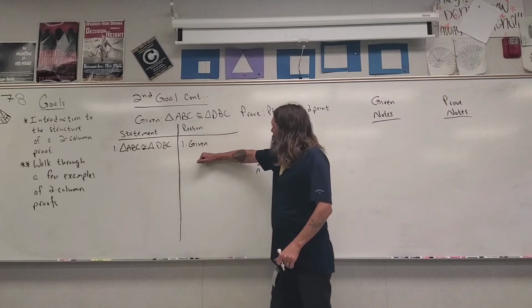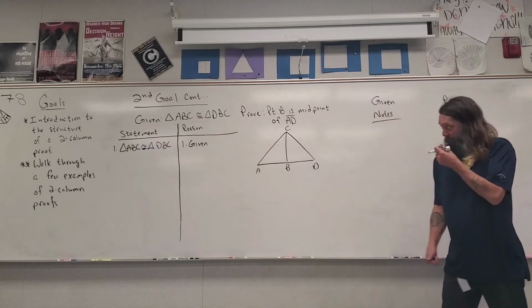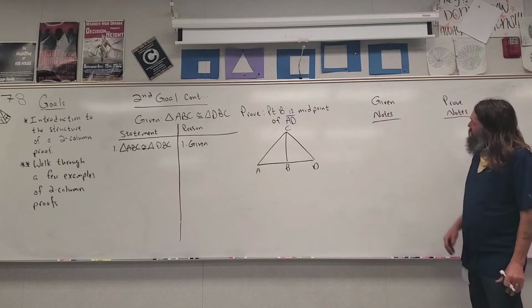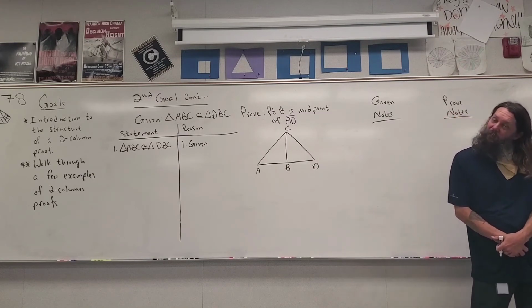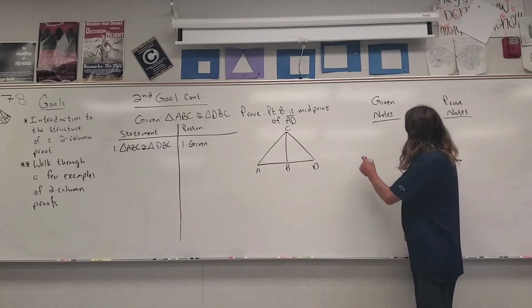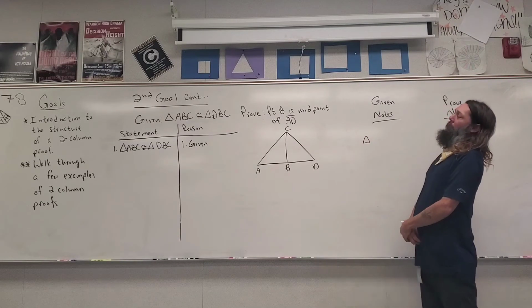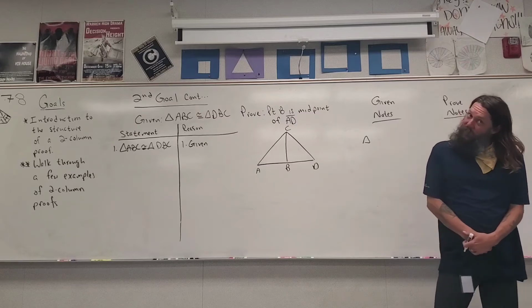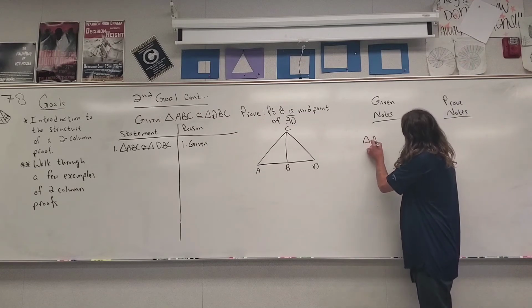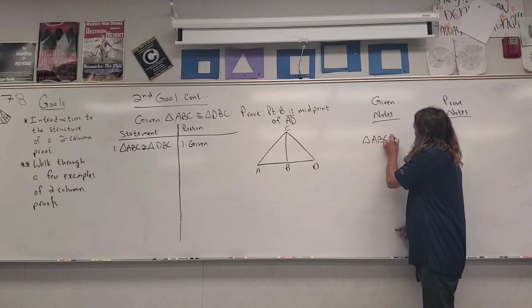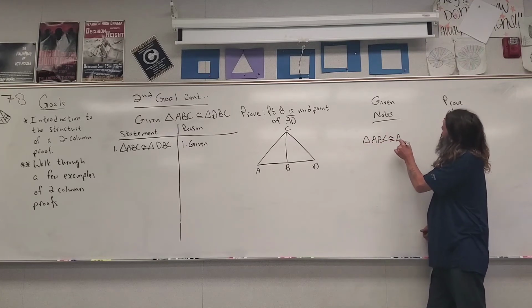So we should always be able to write the first statement and the first reason. So now let's jump over to our given notes. Hopefully you recognize what we're starting off with again. We're starting off with a congruence statement. And let's see where this leads us. So triangle ABC is congruent to triangle DBC,